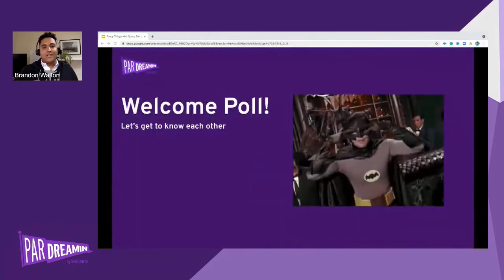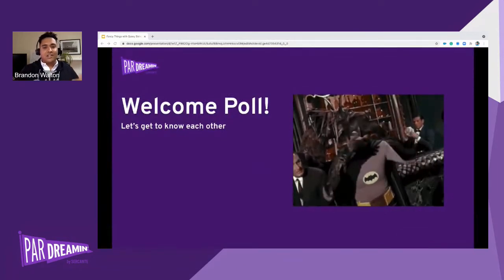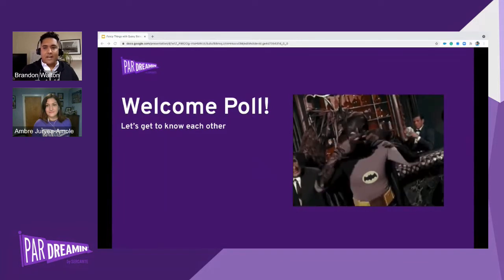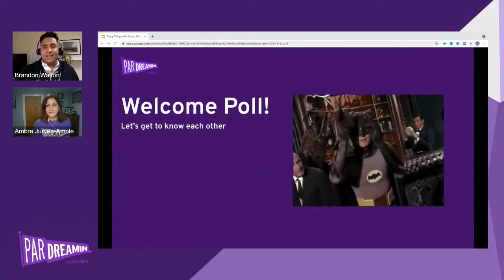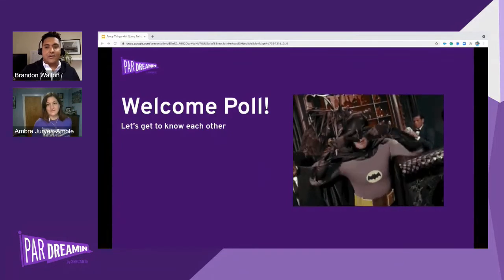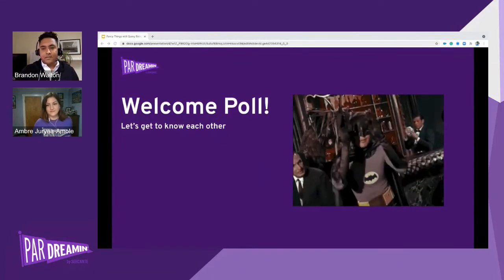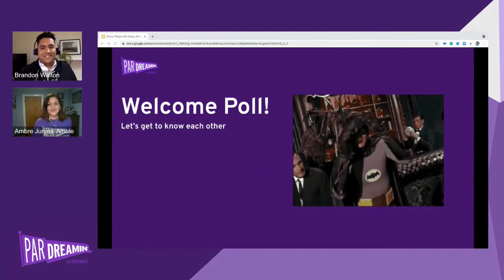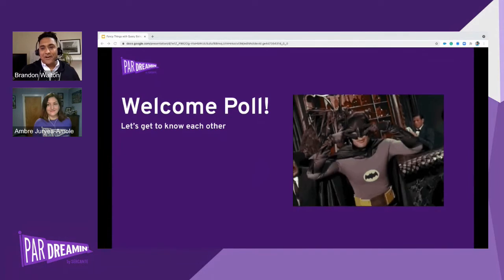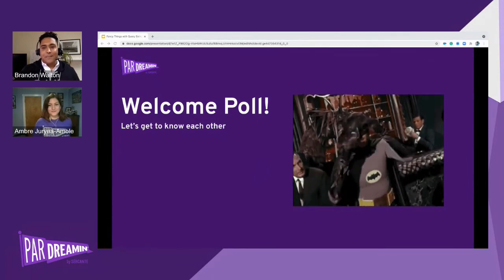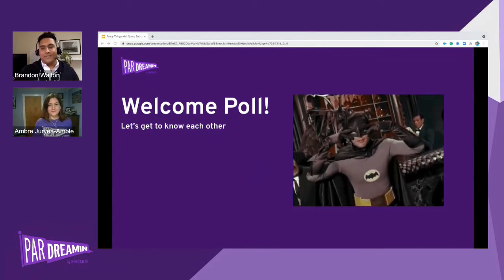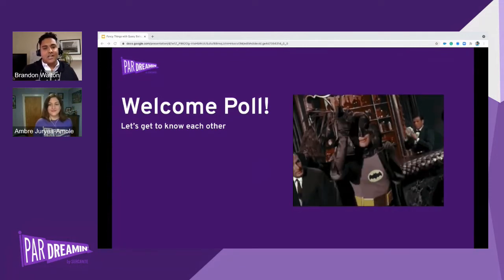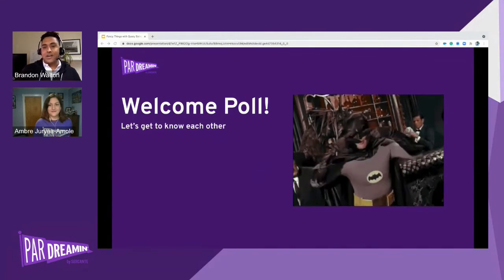Before we get started, there's a little poll that we want to launch to learn a little bit more about who's in the room with us. So Amber can go ahead and launch the polls. That gives me an idea of how to tailor the information here. The first question is, do you know what a query string is? That's a good place to start. We are going to explain what a query string is, but we just want to get an idea of who. All right, good. We've got about 76, 78% of the people know what a query string is. So that means we can jump into more fancy things because we understand the basics.